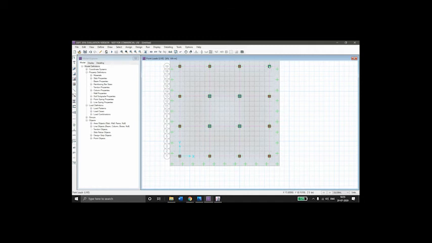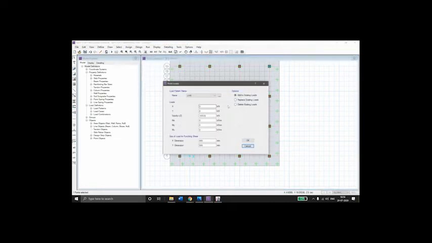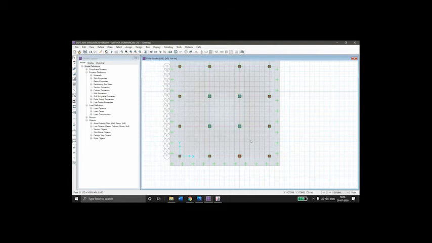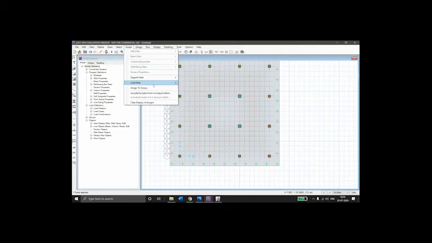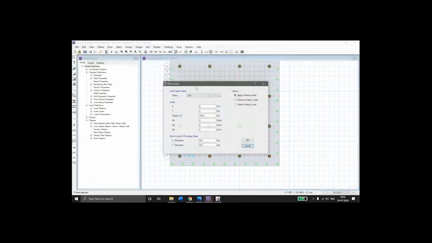The last column. Now dead and live load to 500 by 500 columns have been assigned. Assign the dead load to 600 by 600 column. Here change the size to 600 by 600.